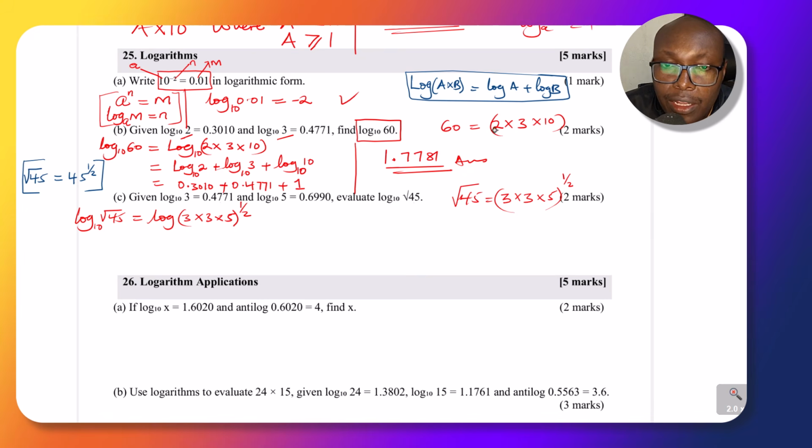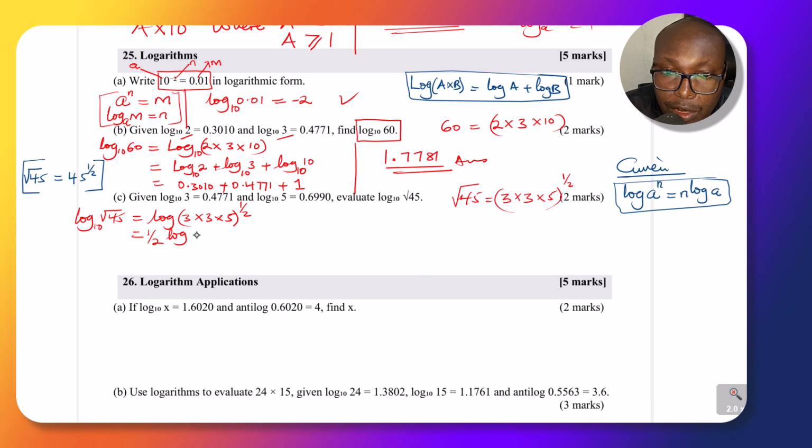And from the other law of logarithm, given that logarithm of a to power n can also be written as n logarithm of a. This is another basic law that you need to also understand, very important, and that is what you're going to use here. So using this particular law here, this a half will come here, so that we have logarithm of